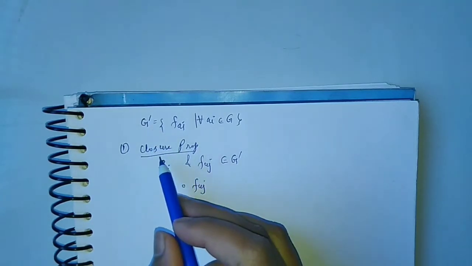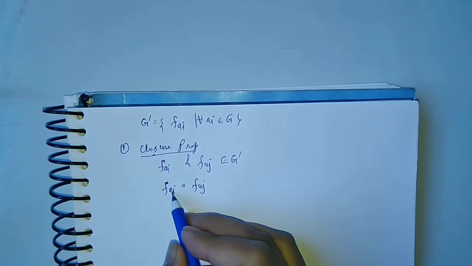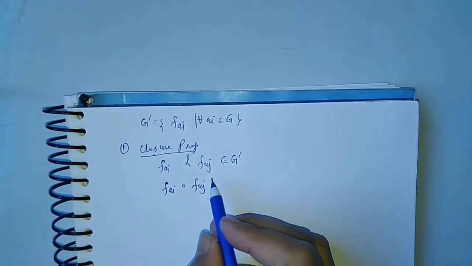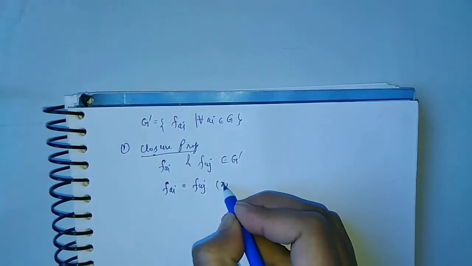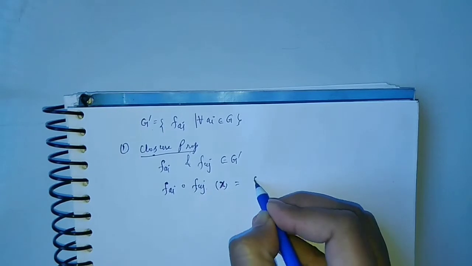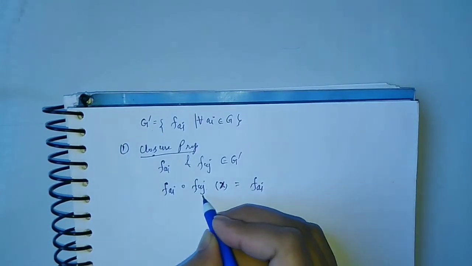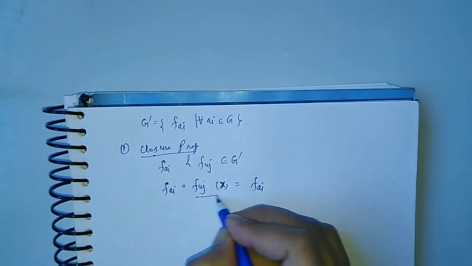Then we will say that it satisfies the closure property. Taking x here, this will be equal to f(ai), and from the definition of f(aj), it is equal to